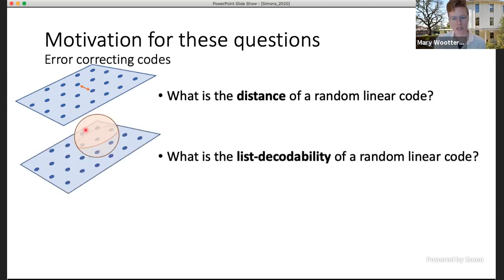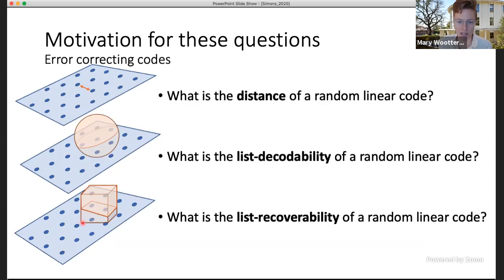The second question, about Hamming balls, is basically asking what is the list decodability of a random linear code? List decodability, again, is a classical notion in coding theory. The basic idea is that any particular Hamming ball of a fixed radius might represent, in the communication setting I described before, the set of points you might plausibly be confused about, because I didn't know which one the sender meant to send. If you can show that not too many points live in any such ball, you can limit the amount of confusion you get at the end of the day.